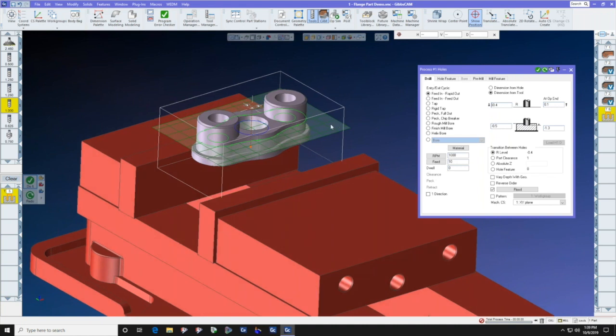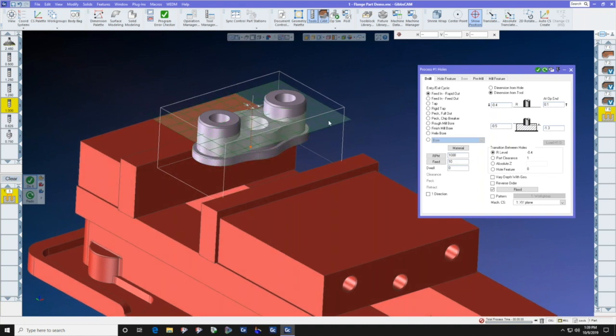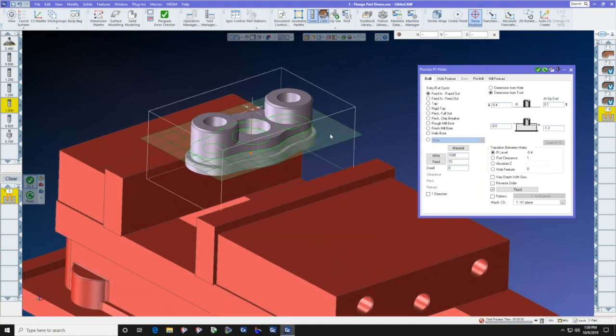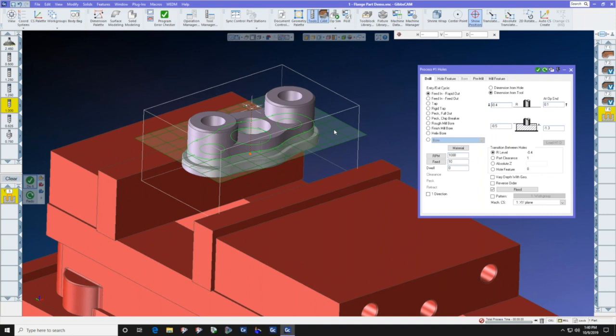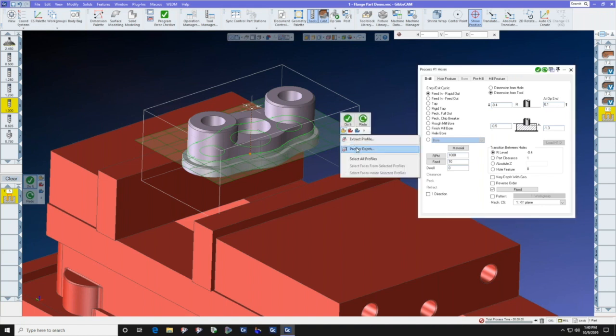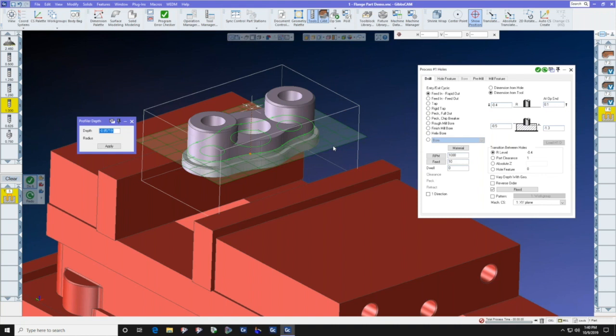So the profiler can be dragged to any depth in the part. Now, does the profiler have any precision to it? In other words, can the profiler be set to a specific depth of known geometry on your part? And the answer is, of course, yes. On the profiler grid, that's where all the functionality is, the grid lines. We right-click the grid line, and I may set the profiler depth at minus